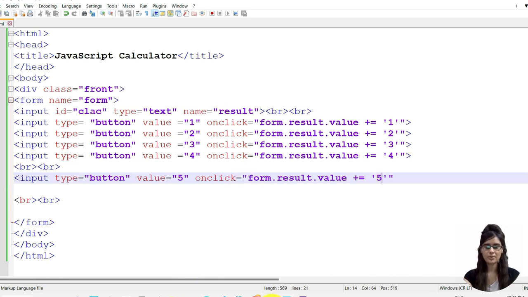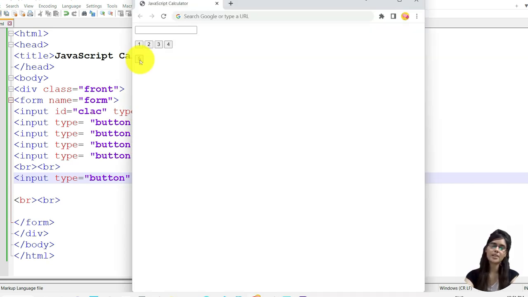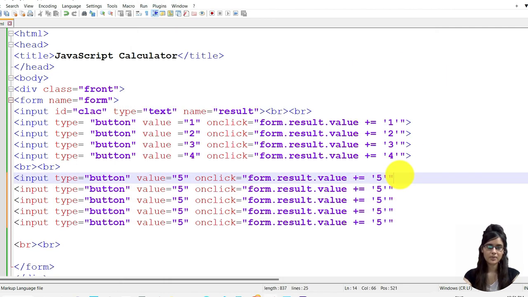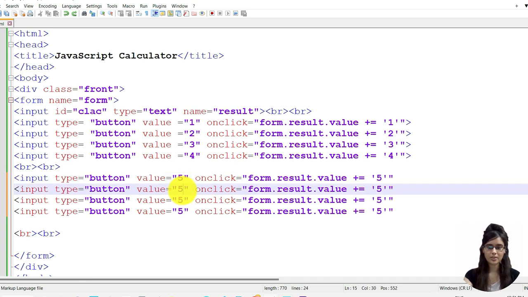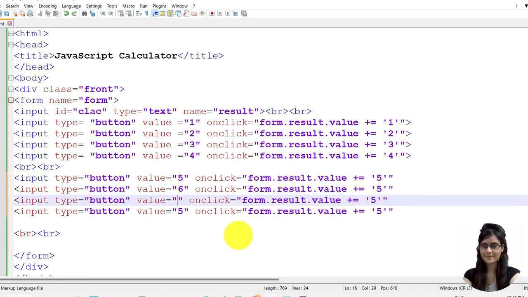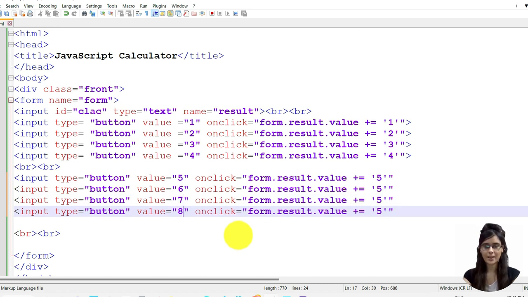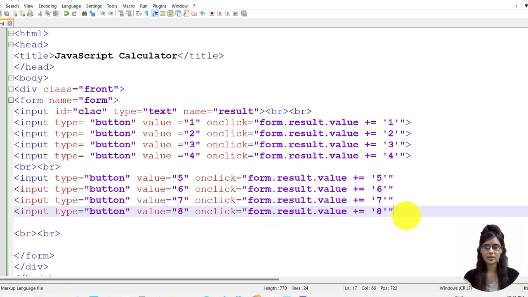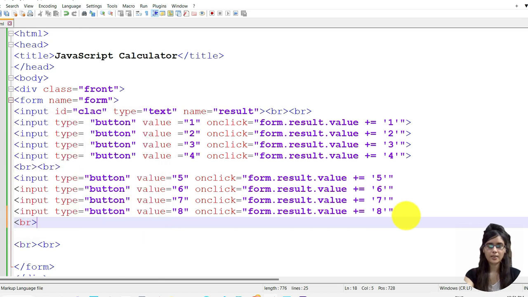Done. Save the file. So here you can see we have next button 5. Like this we will use, again I'm using the shortcut key duplicate line, change the digit 8. Same here. Done. Now we need other digits.